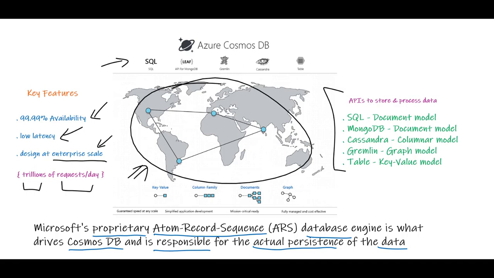So, whether you are requiring something in the SQL or MongoDB or Cassandra, table-like structures, graphing type engines, it really doesn't matter. Whether you want your database to be local or regional or national or global, that doesn't make any difference either. If you want to deal with trillions of records of transactions per day, trillions of requests per day, that's perfectly fine too. Cosmos DB is ultimately saying, bring it on. I can do anything that you ask me to do immediately.